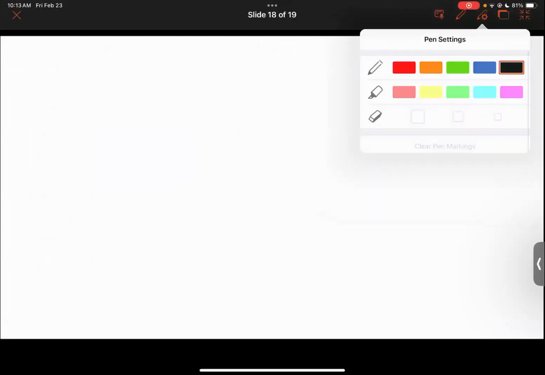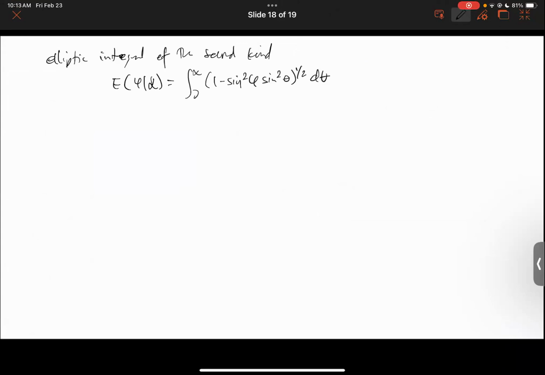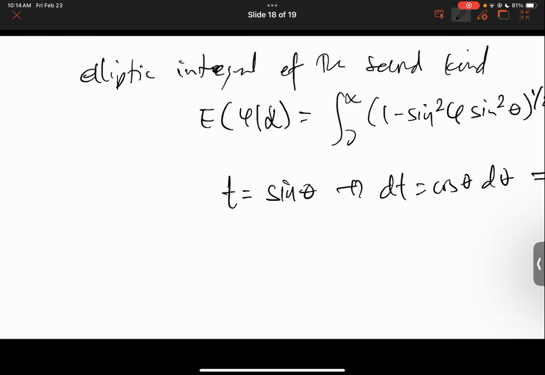Just 2 more slides, then we're done. Okay, then you also have the elliptic integral of the second kind. So E of phi, alpha, from 0 to alpha ng 1 minus sine squared phi sine squared theta to the 1/2 d theta. If we let t be equal to sine theta, then dt is equal to cosine theta d theta, or square root of 1 minus t squared d theta. And again, if m is equal to sine squared alpha, then the integral na yan becomes